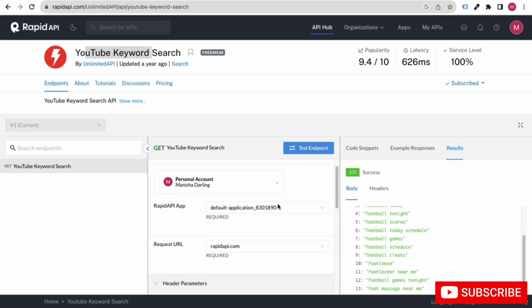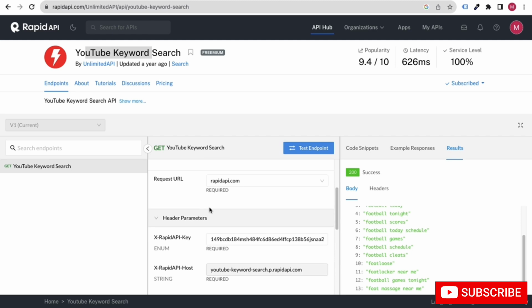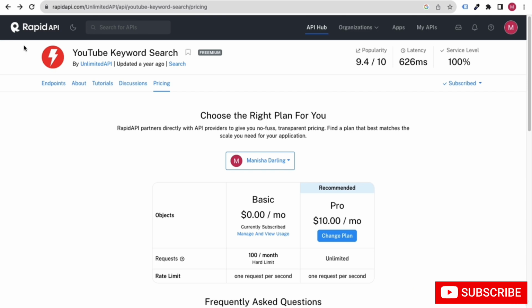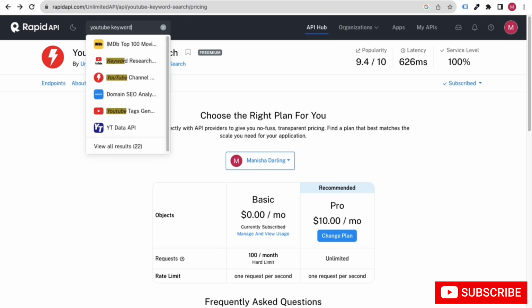Okay, and for example, here you can see the request here is for the string food, so it's providing you all the keywords that are related to food, right. So that's how, my friends, you have to analyze the market in big websites like Rapid API, and see how they are working. Okay, so let me just search for YouTube keywords again,